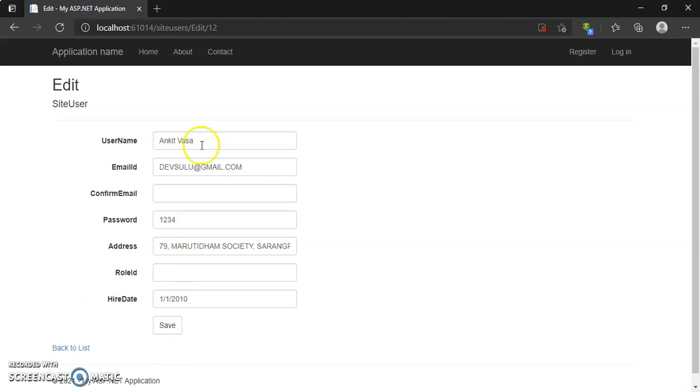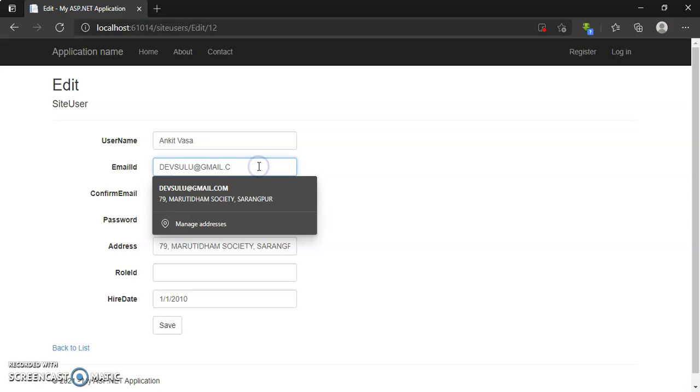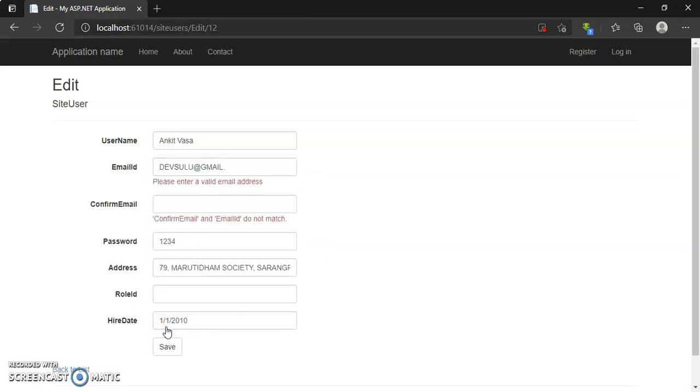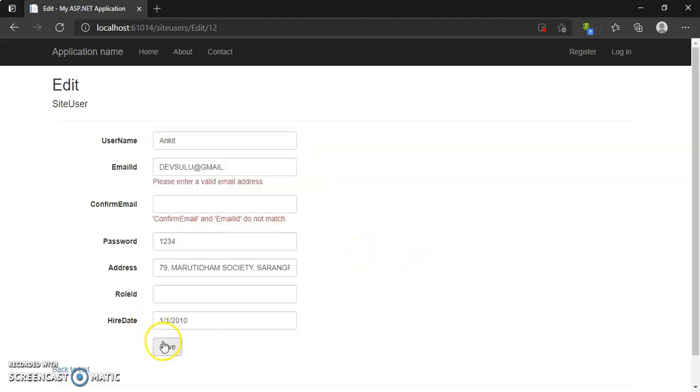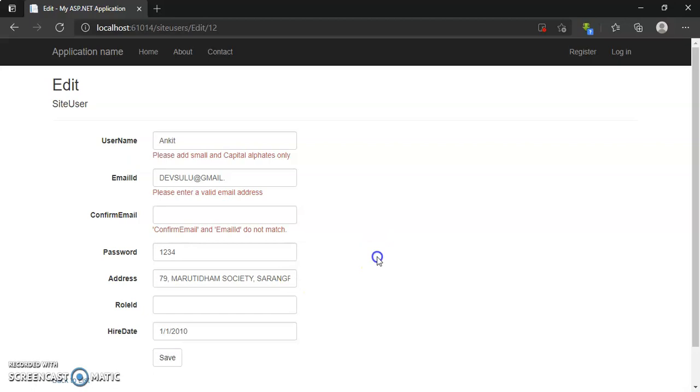But the server side validation is working. Just remove this and see, server side validation is done. So server side validation will continue even if JavaScript enabled equals false. So this is client and server side validation.